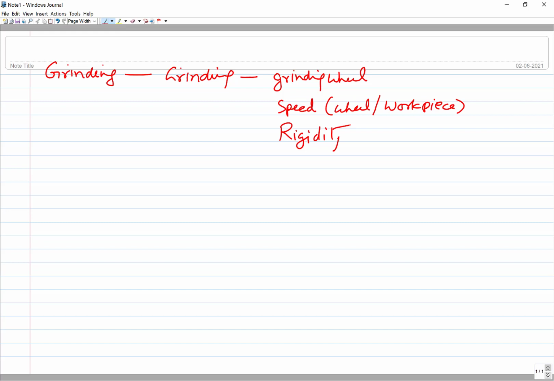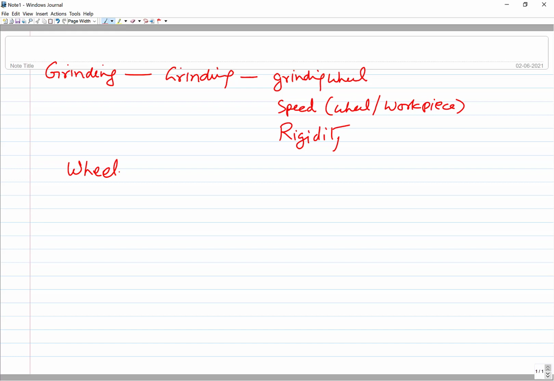So when the high speed grinding wheel is rotated, to maintain the sturdiness, to have the required stability in wheel motion, the machine must be robust, it must be heavy and rigid, it should provide the required rigidity. So as far as the grinding wheel is concerned,